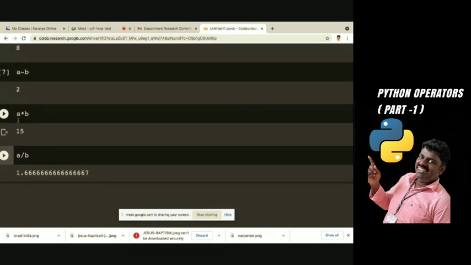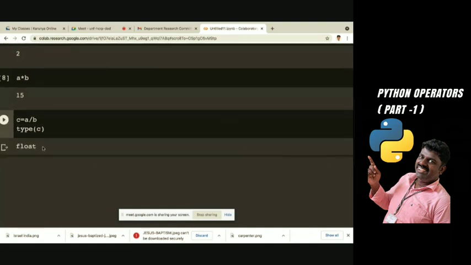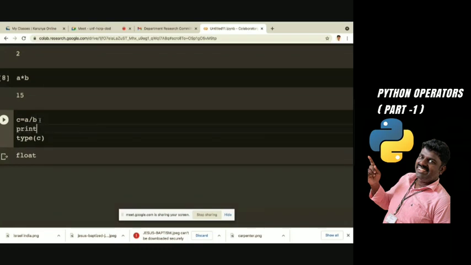See, for example, if I'm giving c equal to a plus b, and I want to know the type, so I print it. Automatically, if I print c, the value will be printed and it says that it is a float.